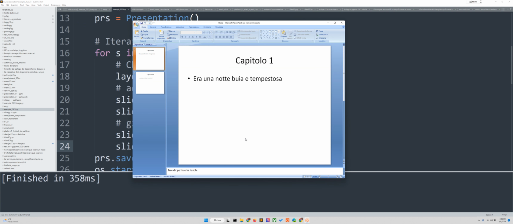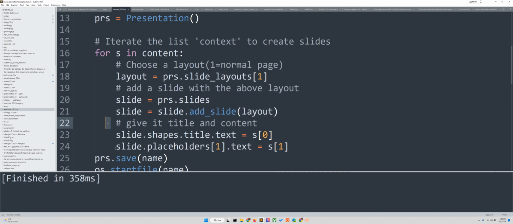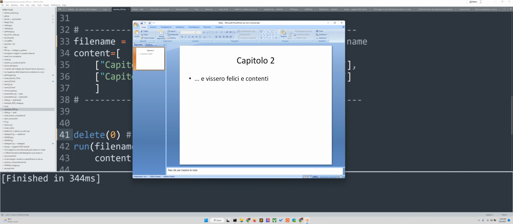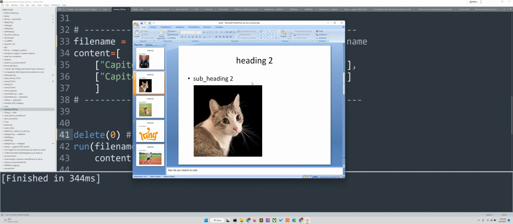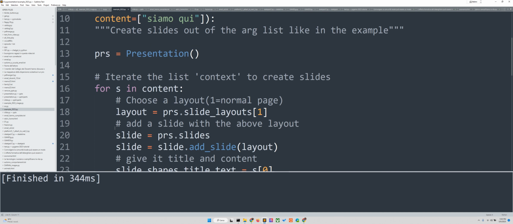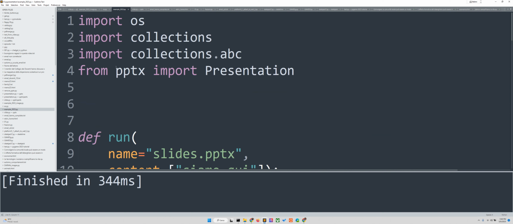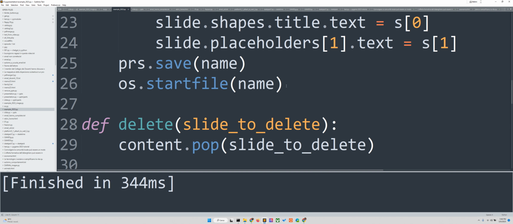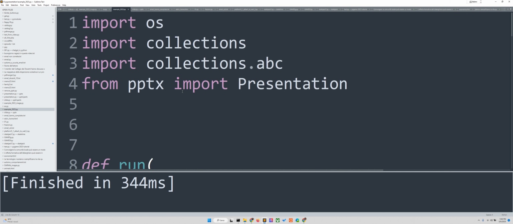Let's see the results. So here it is, two slides, as you can see, and I made a simple function here to delete one of the slides. For example, the first one. I don't know, maybe it could be useful for some reason. So let's see the function, but before the function, let's see what we have to import. Apart from this os module that I needed just to start the file with the name, so to make it run without having to